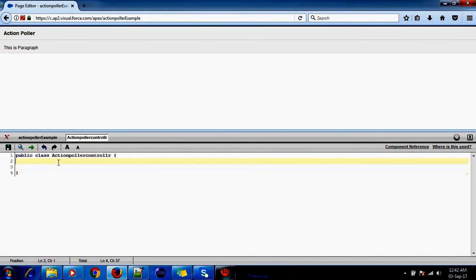Here I'll take a public integer counter, or any variable, with get set. If you want to show this in the Visualforce page, then get set.